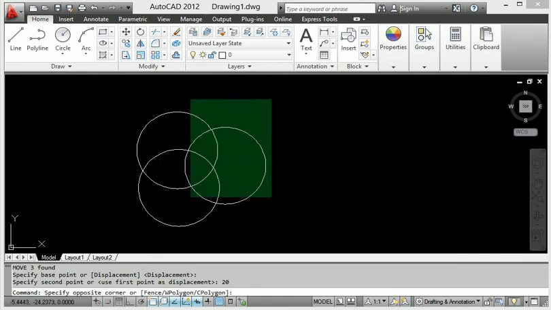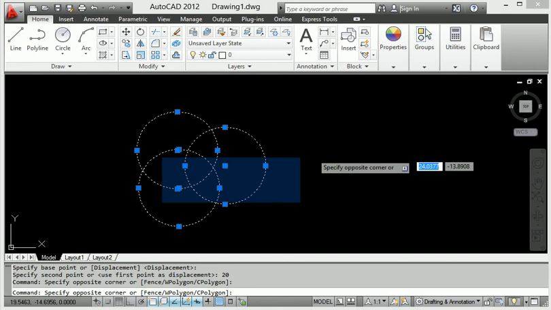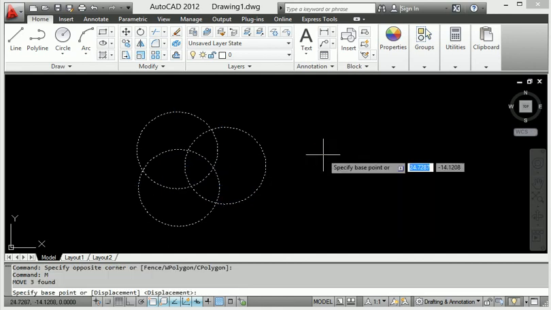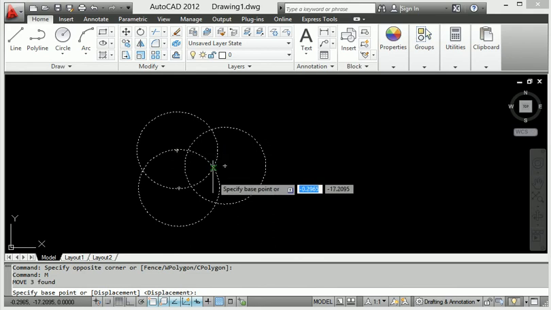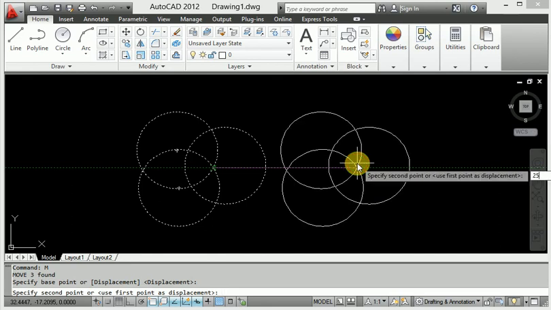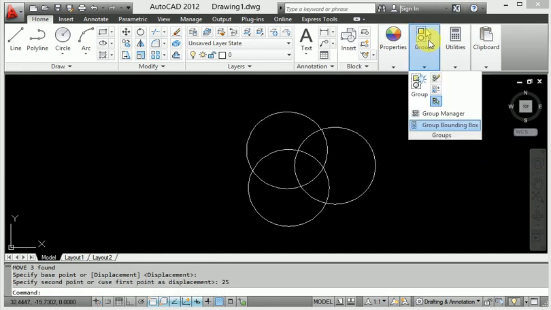Again I will show you. Click all the diagram and press M, enter. This applies the move command. Click the particular point and provide the distance here, 25. Look at this. So the move command is very easy to work with. If you want to go to a particular area and particular distance, use move.